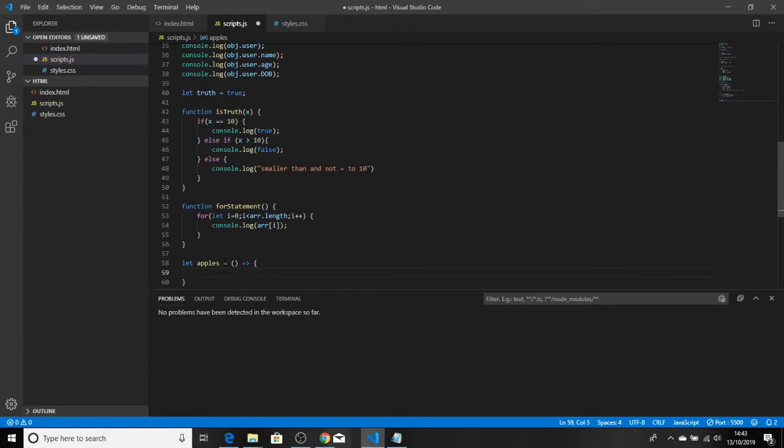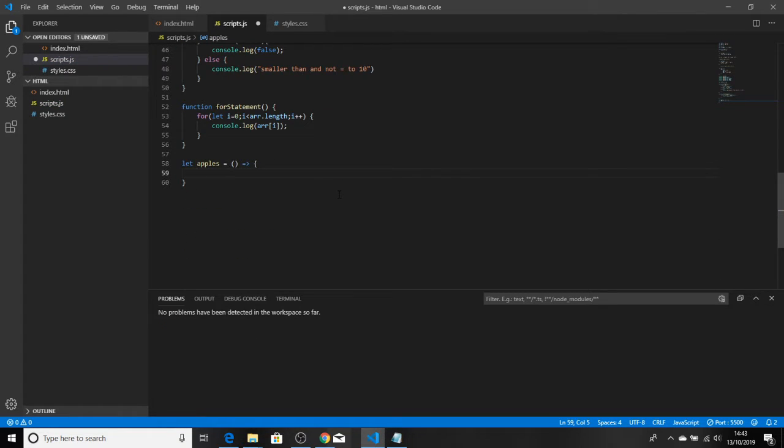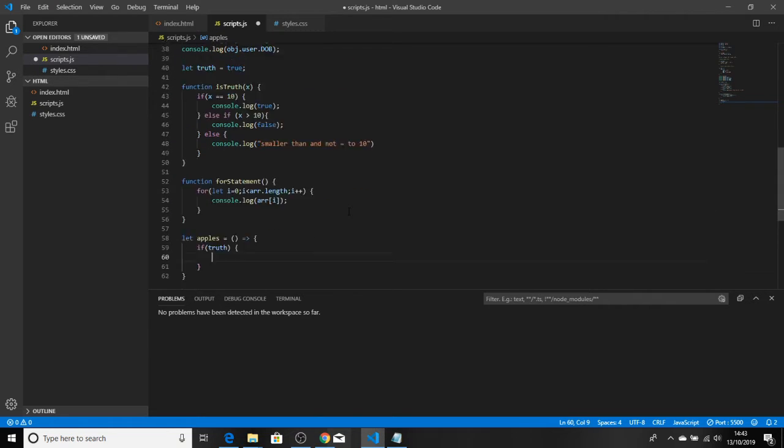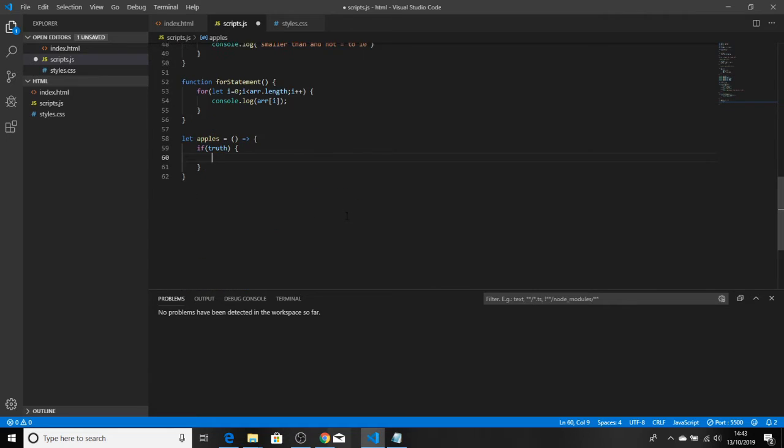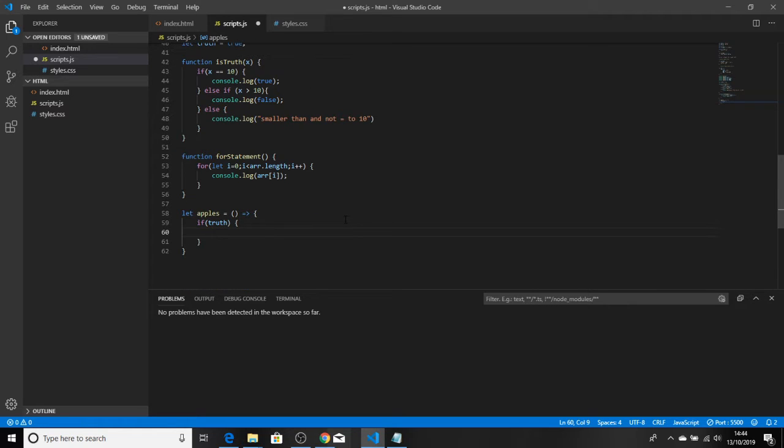We'll write it in ES6 format, and if truth, then